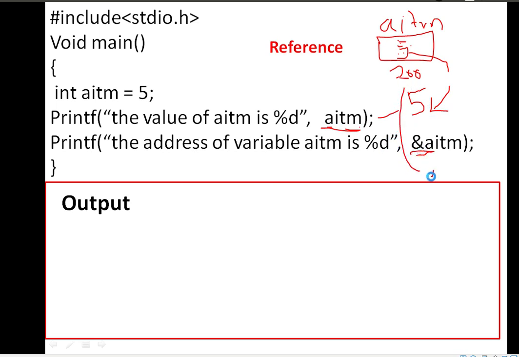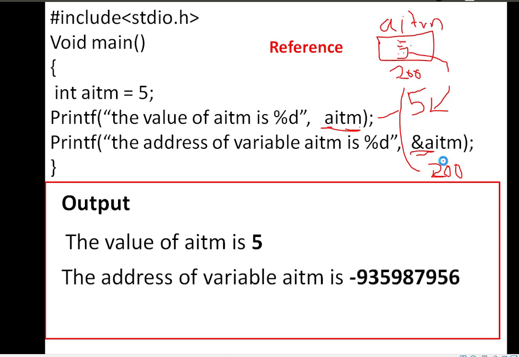What value will be printed? That is 200. The value of aitm is 5 and the address of the variable is a random number. Okay, for example purposes I have taken 200, but the true value is what you get from the computer's memory. Let's see this example in the demo.